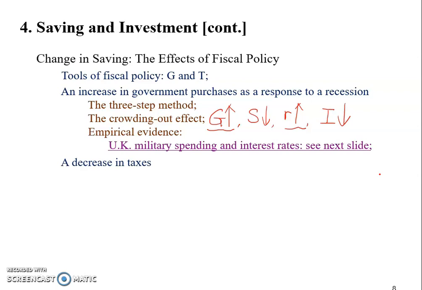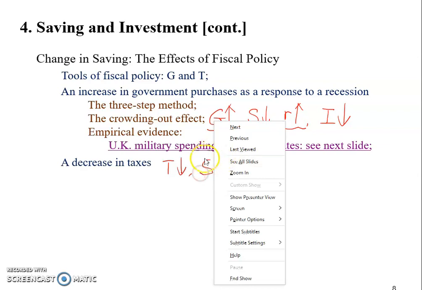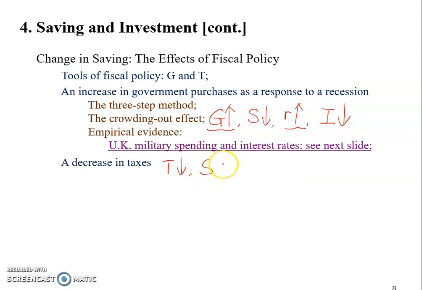Now let's do the same supply and demand analysis and see what we can find from the Republicans' proposal. So taxes fall, right? And which side of this loanable funds market is going to be directly affected? We would say it's still supply. The national saving would decrease. Now, why would national saving decrease?